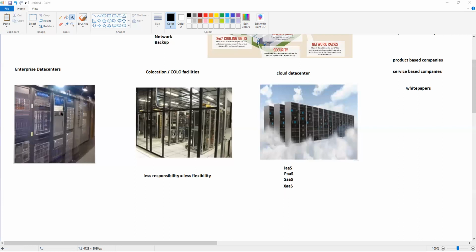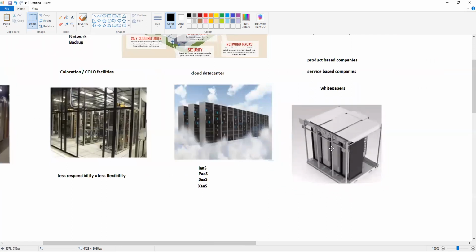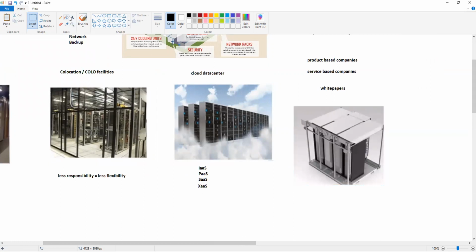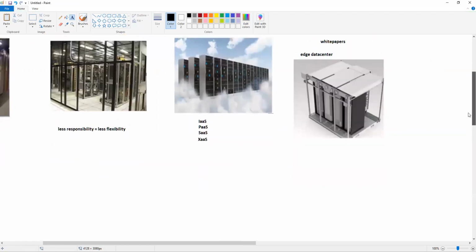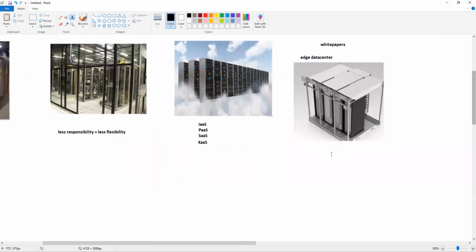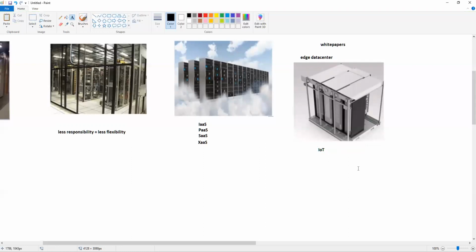And the newest type of data centers that we have, which is everywhere and which is considered to be the future again, is the edge data centers, right? And edge data centers are just a combination of the rest of the three. Edge data center is for, you might have heard, Internet of Everything, Internet of Things. IoT devices are there, the sensors are there, the cameras are there. So everything is capturing data. You have a lot of smart appliances. You have the microwave, fridge, TV, house, a door, I mean the car.